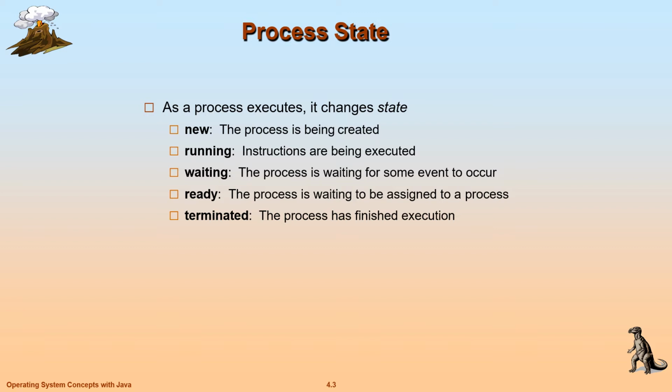These are the 5 states. If it is created, it's in the new state. If it is right now executing, it's running. Suppose while running, a particular process needs some IO operation. Then it is waiting for the IO operation, so it goes to the waiting state. After the IO operation is completed, the process is again ready to be executed by the CPU, so it will be in the ready state. After completion, it will become terminated.